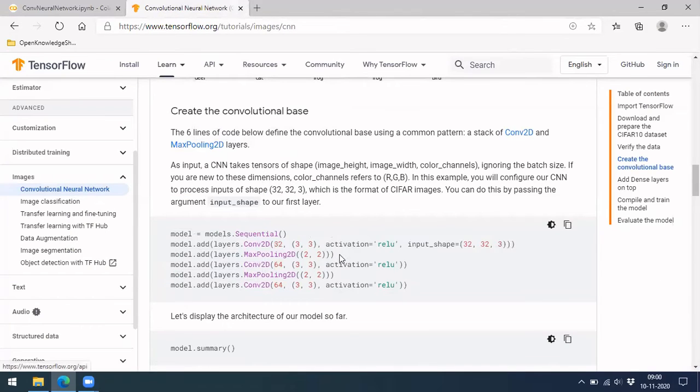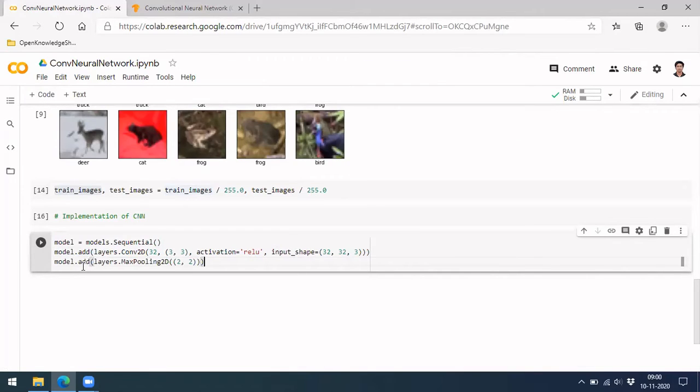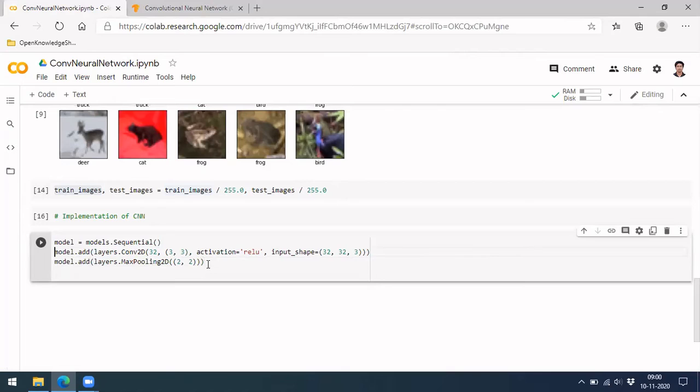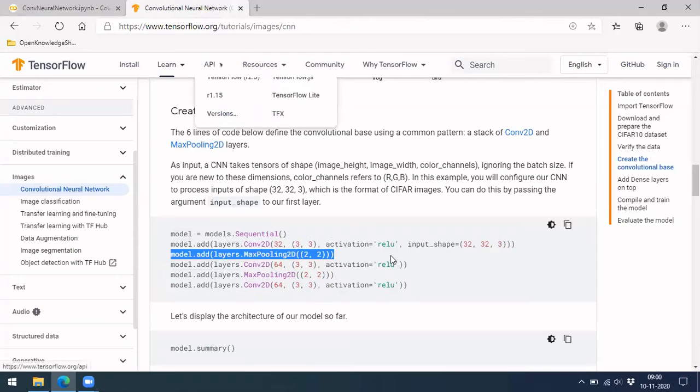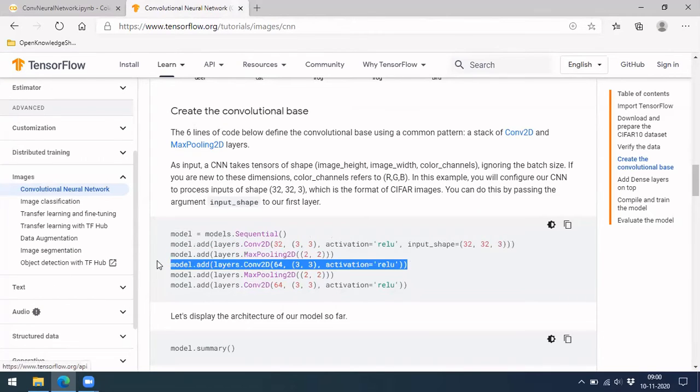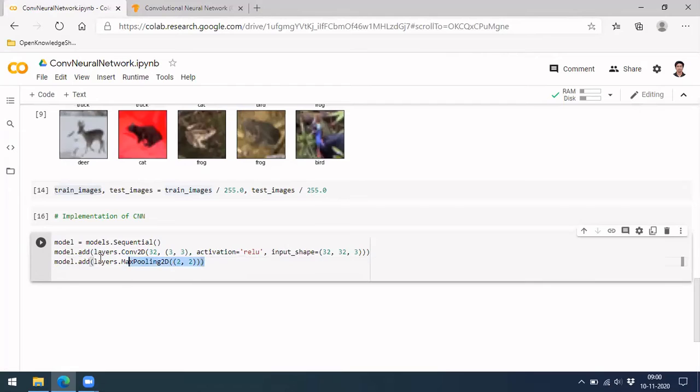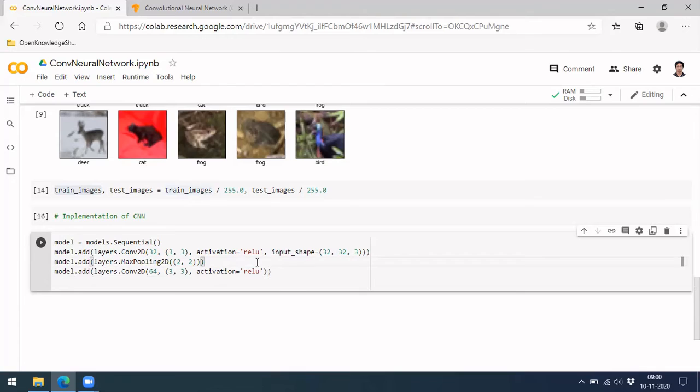And then they are doing a max pooling of 2 by 2. And again, they are repeating the same. Let me copy the same. Now in the second layer, this is one set of convolution: convolution plus activation as well as max pooling. There are no strides here, but you can specify your own strides if you want. This time they are modifying only the number of filters, and they are using the same max pooling as before.